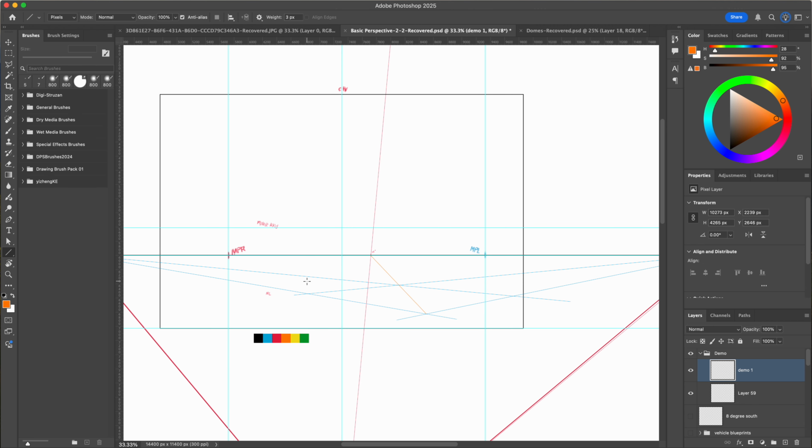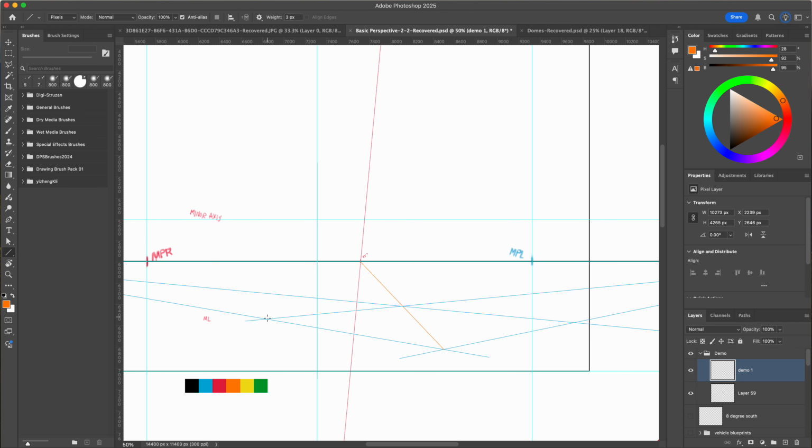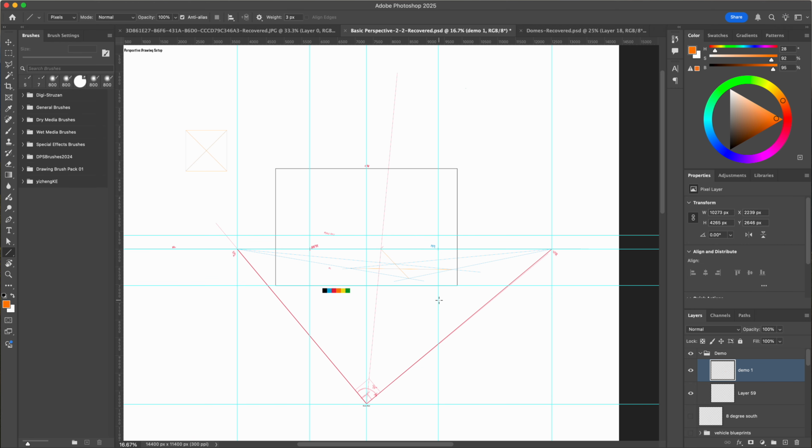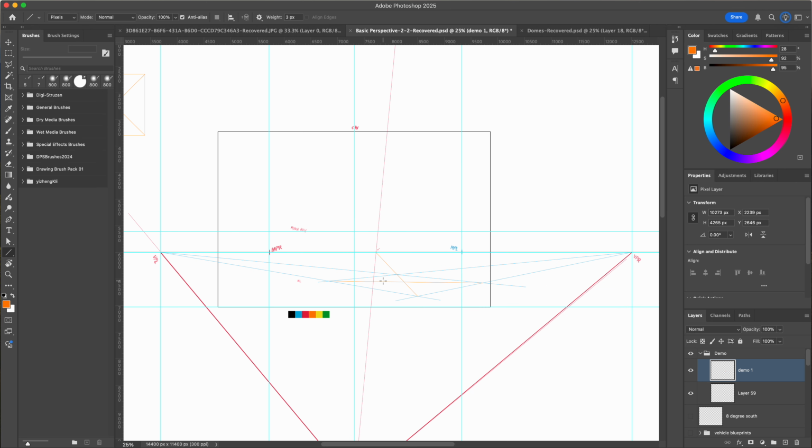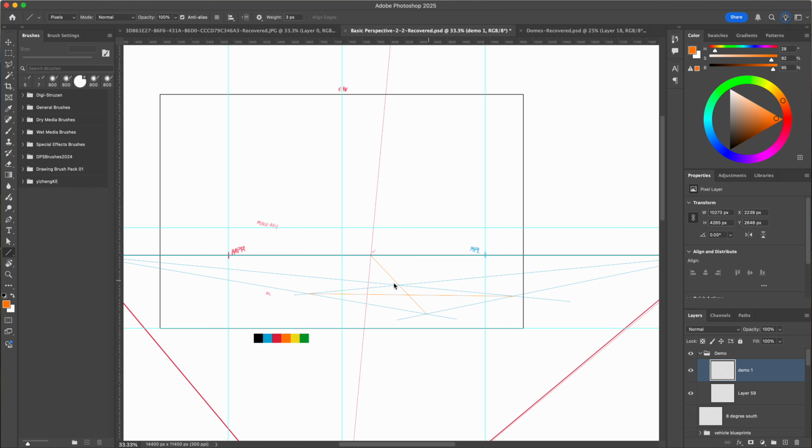Okay, so I can then go from this corner to this corner like this, and where they intersect, that would be considered a perspective center of this square lying on our ground plane and turned with the same orientation as this 90 degree turn from our station point. So this now becomes a perfect square in 2-point perspective, laying on our ground plane